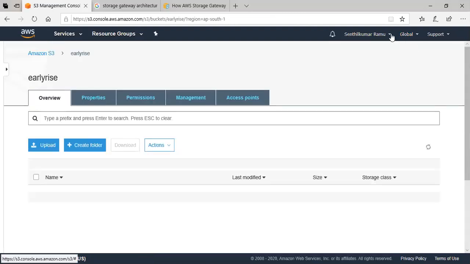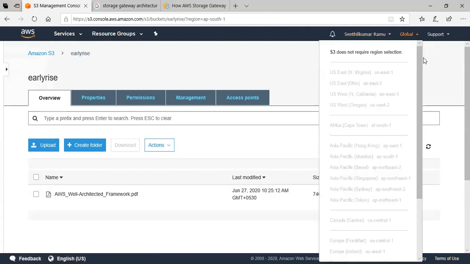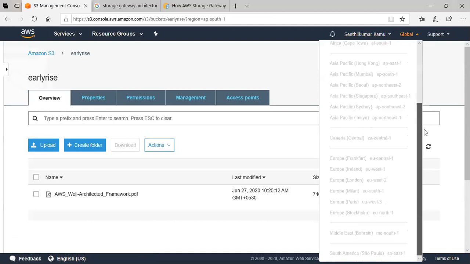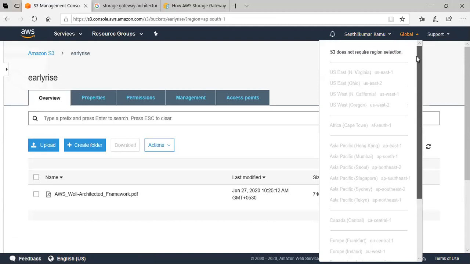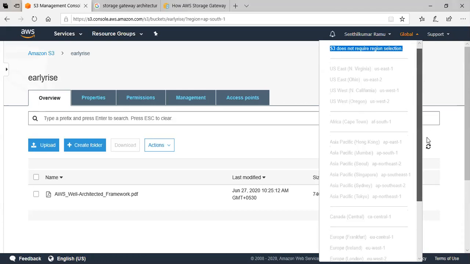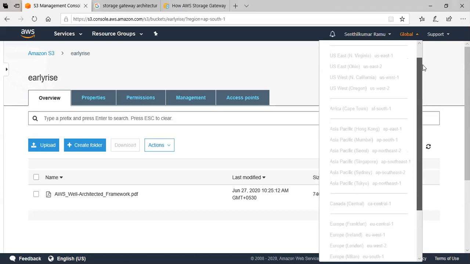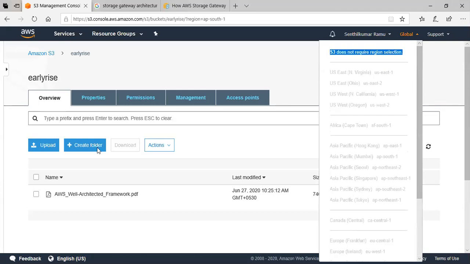Okay, that is more important actually. See, S3 is not tied to any region. If you look at the difference between this and other components, S3 runs globally and we don't know where it is running. The replication of data, copying data, backing up data, everything is managed by AWS in the backend. And it is a global access. Any instance from any region, from any data center can access the S3. That's what it means actually.